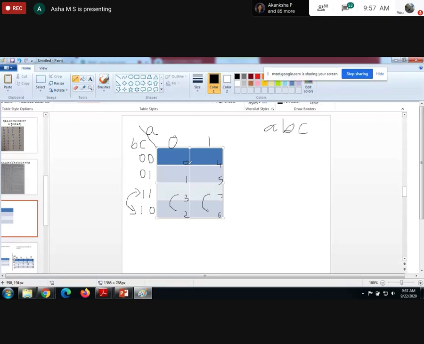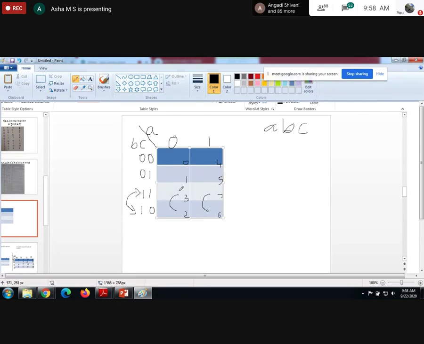Please don't write it continuously like 0, 1, 2, 3, 4, 5, 6, 7. This is the basic thing you should understand while learning the K-map. Here these two combinations are exchanged. That's the reason the decimal representation of the cell will also be interchanged. Please keep it in mind or make a note in your notebook. So these are the things changed.